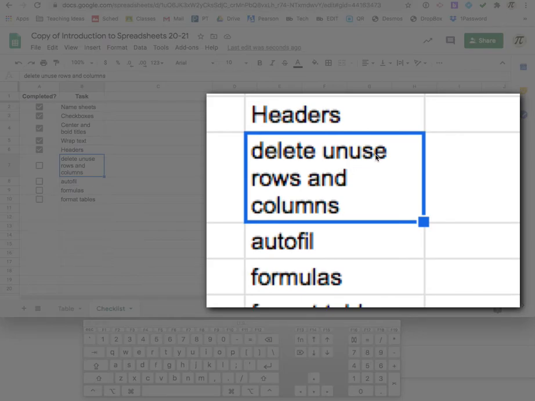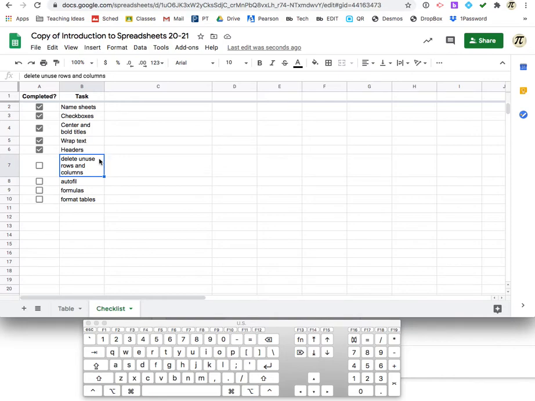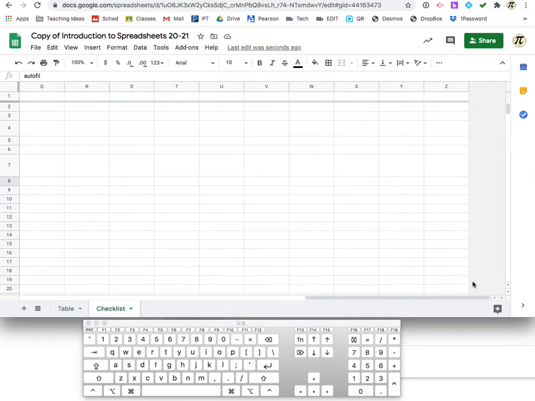Delete unused. Oh, there's a spelling error. Let's go ahead and fix that while we're here. Delete unused. So go ahead and select into there and unused rows. Okay, so like I mentioned before, if I click and drag over here, it goes all the way to Z. Highly unnecessary, considering I only need two